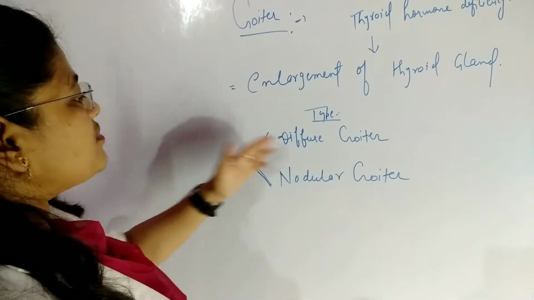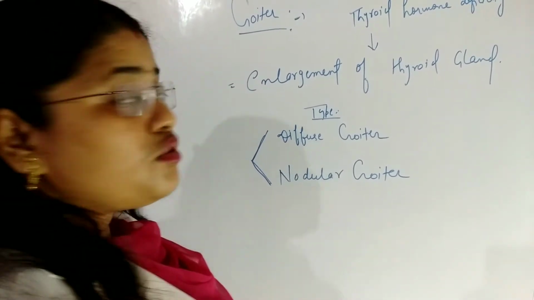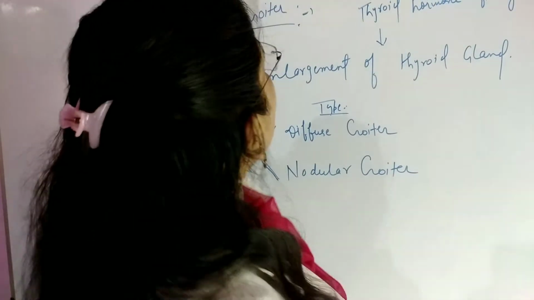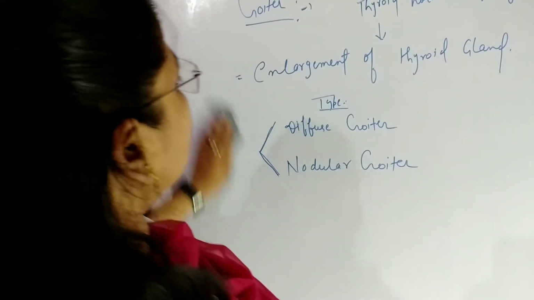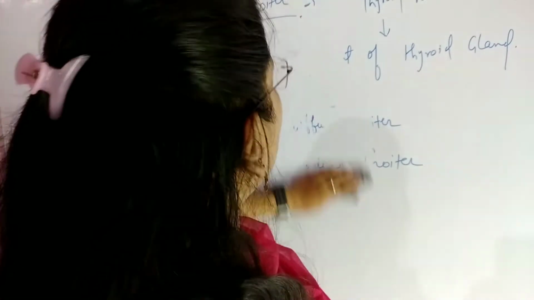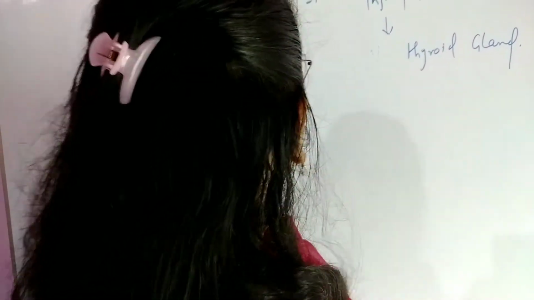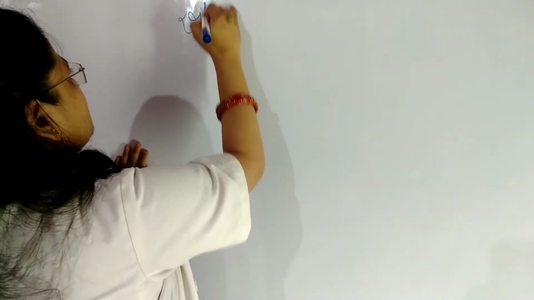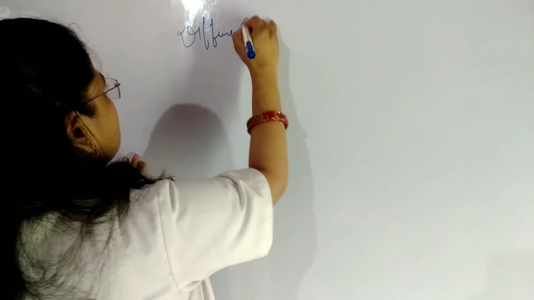Now, types of goiter. Goiter is of two types. First is diffuse and second is nodular goiter. Now, what is diffuse goiter and what is nodular goiter? Diffuse goiter is produced when